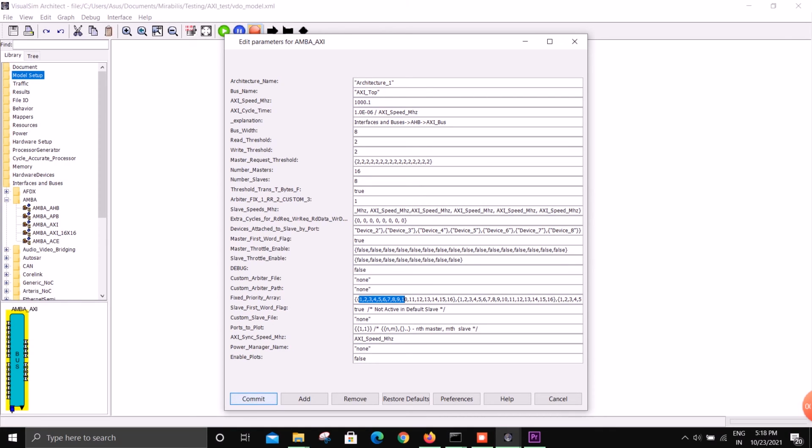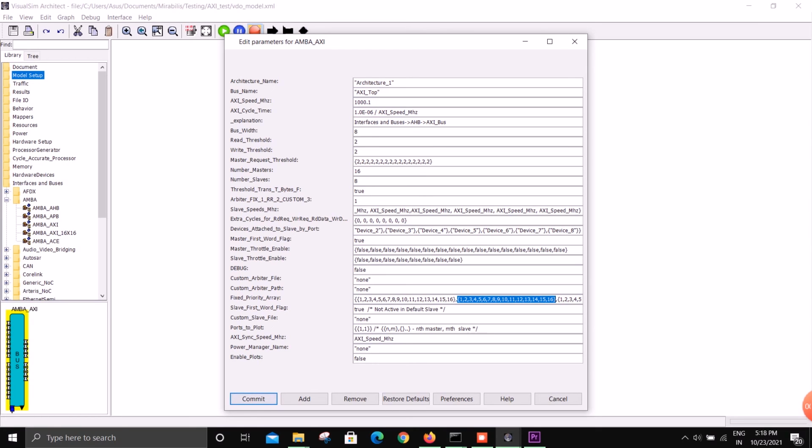So if you say 1 2 3, then the first master will be of higher priority, then the second master, and each array of these 16 numbers corresponds to a slave. This array is for the first slave, then the second array is for the second slave. So you can just change the array to change the priority of the masters.